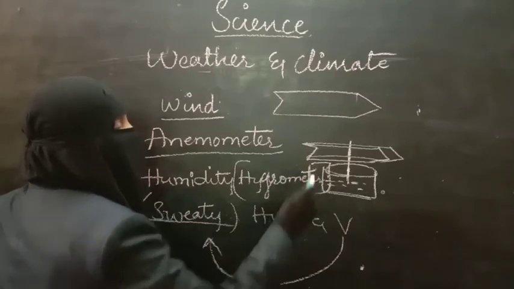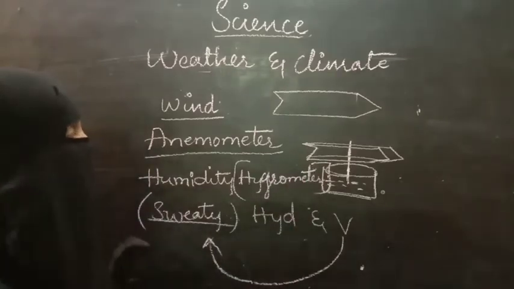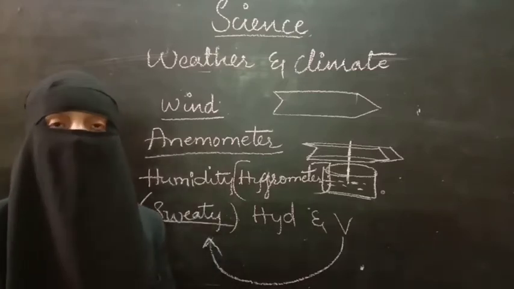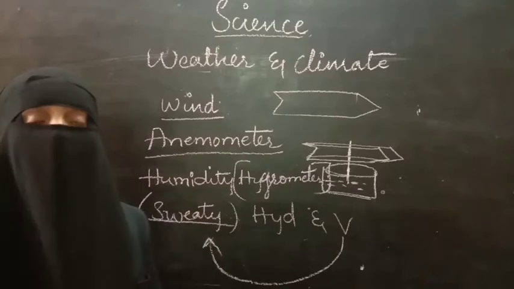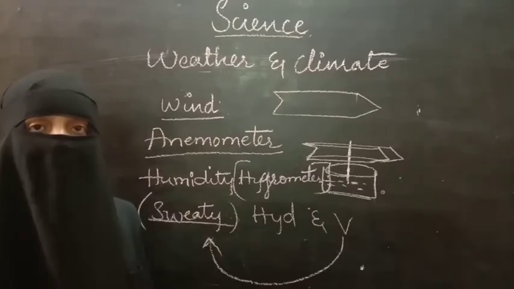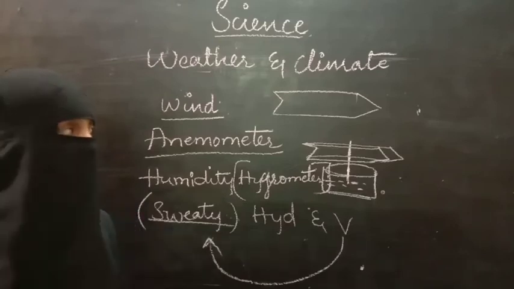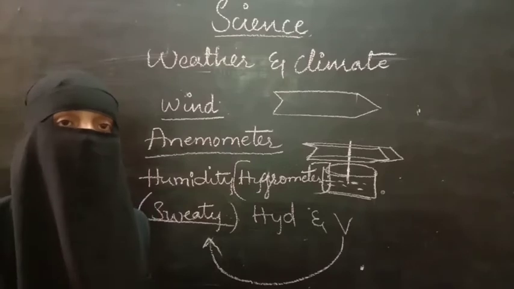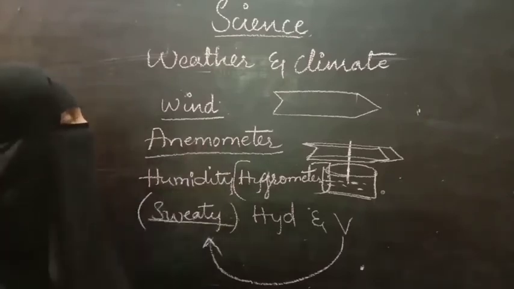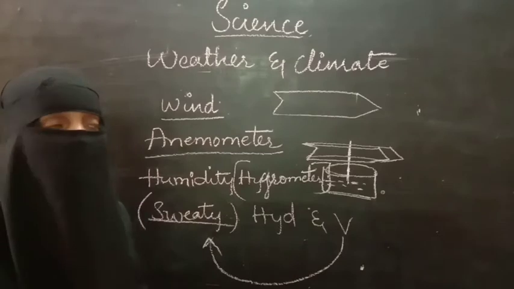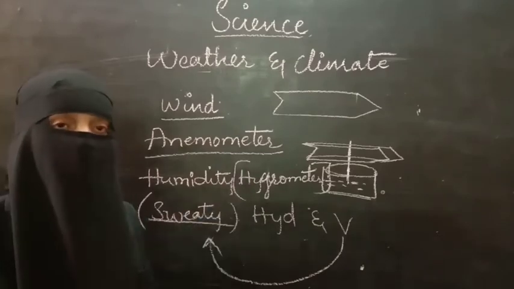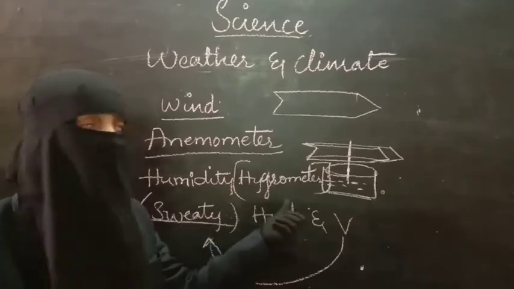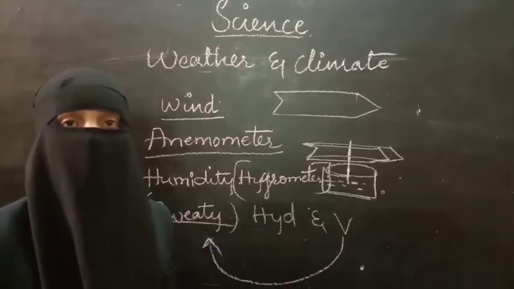For measuring, rain gauge is there. From starting to humidity, let us say the names of devices. First one, maximum minimum temperature. To measure maximum minimum temperature we use MMT, maximum minimum thermometer. Next one, to measure the rainfall we use rain gauge. Rain gauge has alternate names as well. Then next, to measure the direction of the wind and speed of the wind, anemometer is used. To know the humidity we use, what is the name of the device? Hygrometer. This was about the aspects of weather.